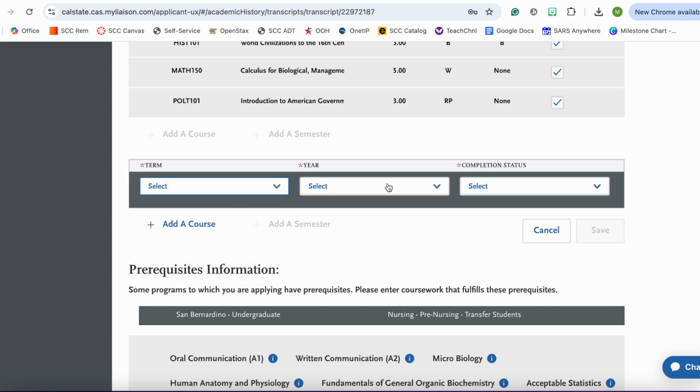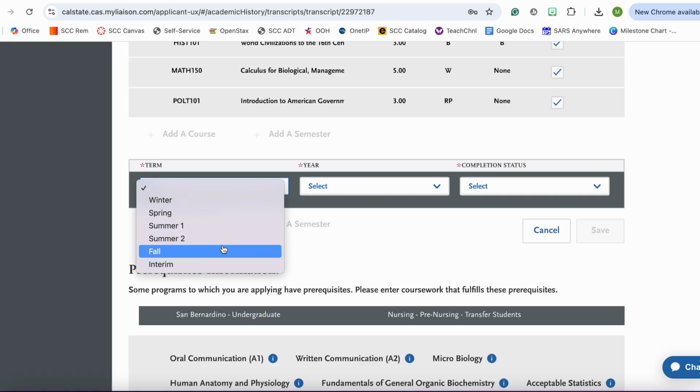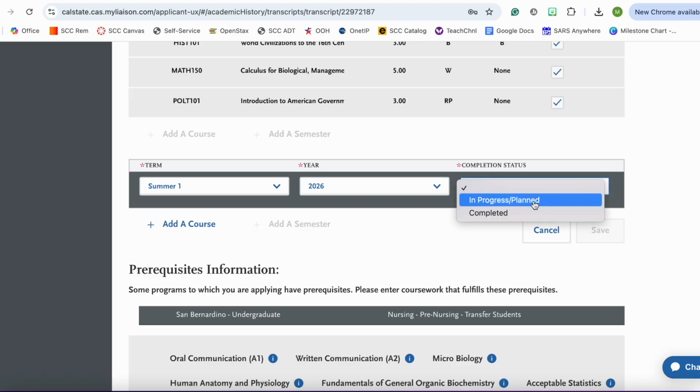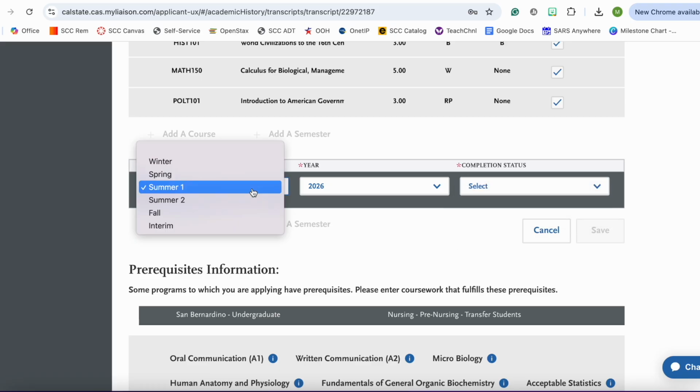Because when you're entering in a semester, so say we'll do summer and then we'll do 2026, you have to enter in a completion status. So if you're currently taking summer classes, you put in progress, and then it won't let you put a grade, whereas completed allows and makes you put the grade down. So again, that interim is just used for when you have a mixed status for your classes for the current semester that you're in right now, where maybe one grade has posted but the other one hasn't yet. So I know that's a little bit funky, but it is really helpful, this interim option,